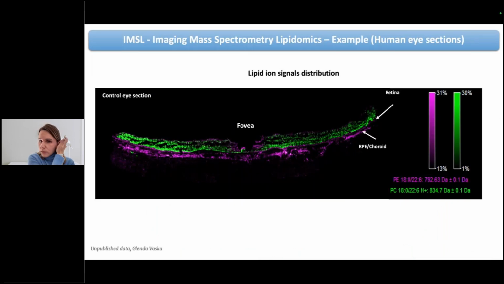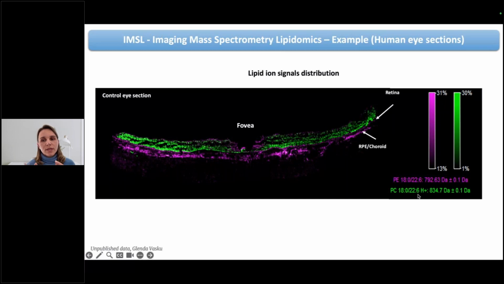So here I present to you a part of the distribution of another two ion signals. I'm sorry I cannot present to you more data, but this is part of some unpublished data. And we can see that here we have the human eye section, which is presented by the green part, which is the retina, once again responsible for central vision perception. And here we have the distribution of two signals. In violet, we have the signal of the phosphatidylethanolamine 18:0-22:6, and the other one in green is a phosphatidylcholine